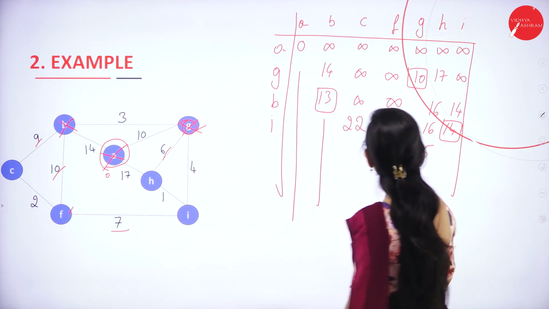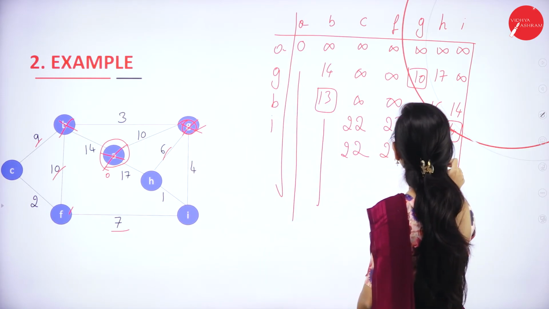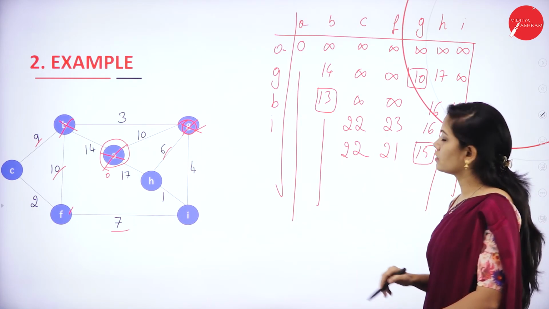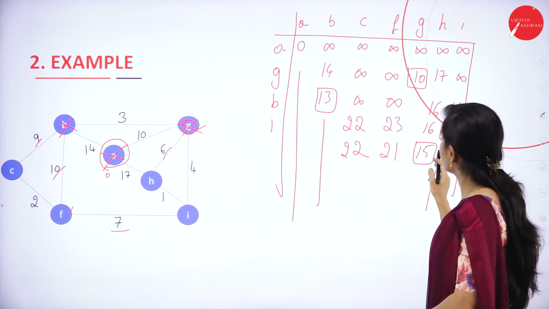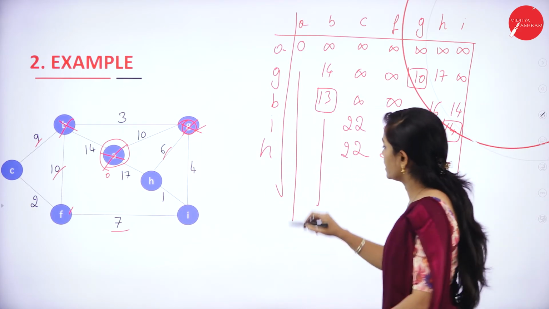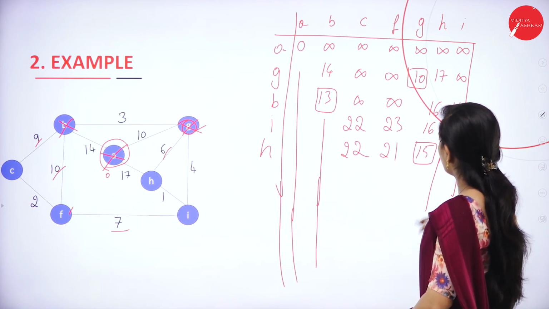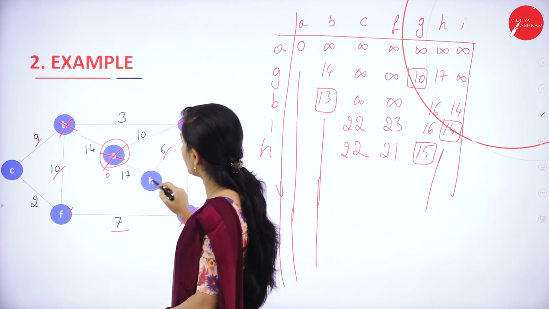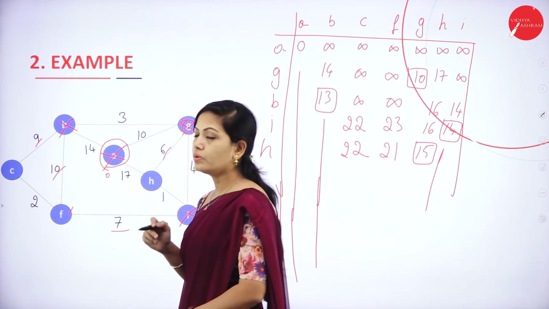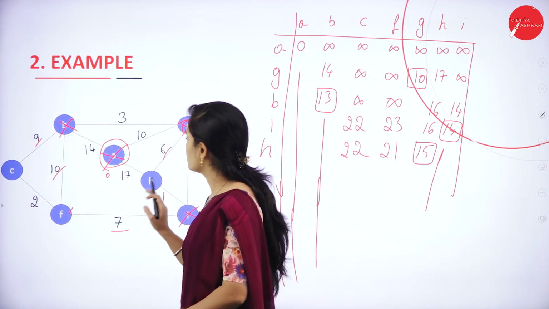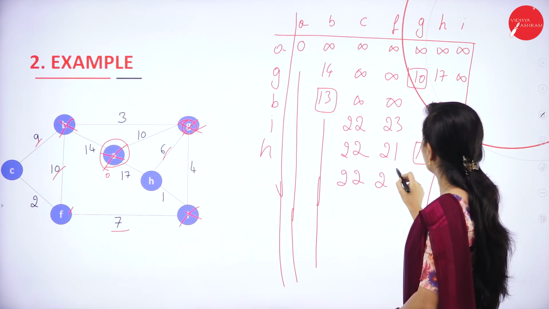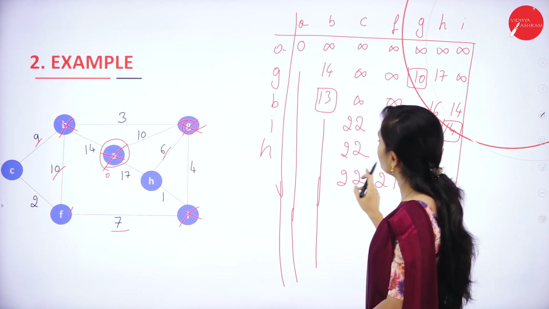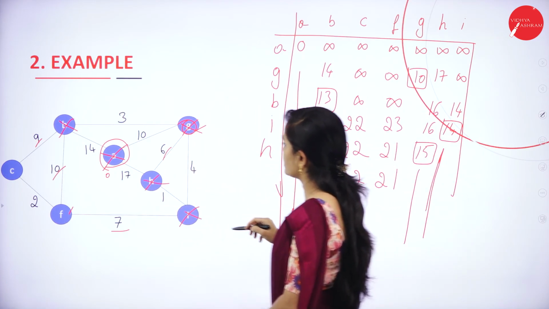So only we have to adjust. So as it is, I'll write the value. So the least value is vertex H. It comes under vertex H. I'll write vertex H here. So now vertex H is connected. So you can cancel this. Vertex H is connected to G and A and I. So it's not connected to any other vertex. As it is, you have to write. Clear? And the remaining two vertex are F and C. So vertex H also you can cancel.